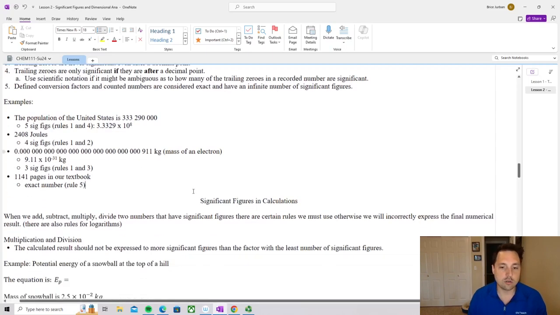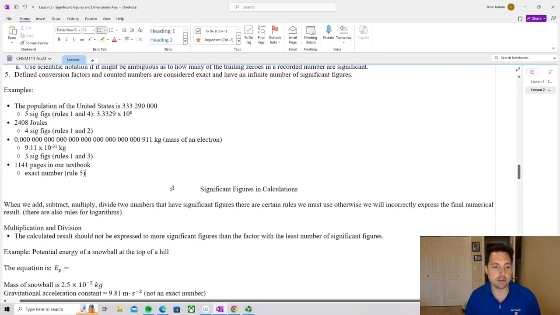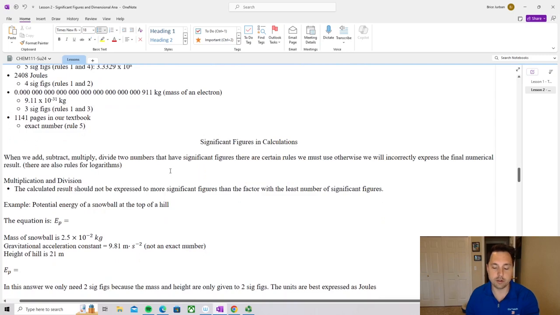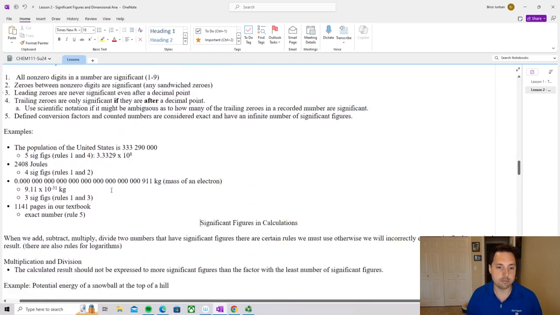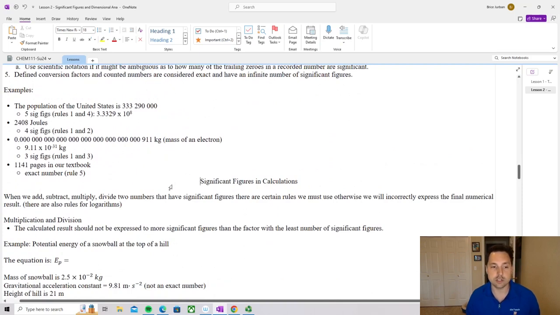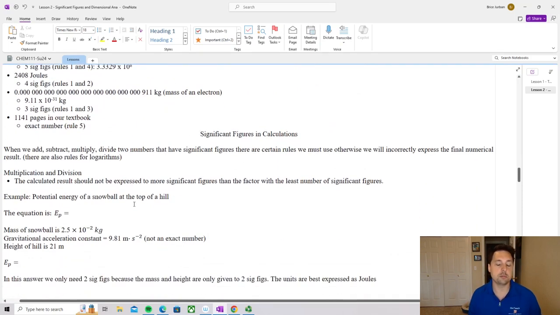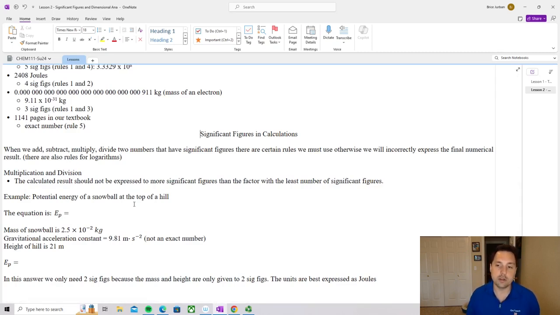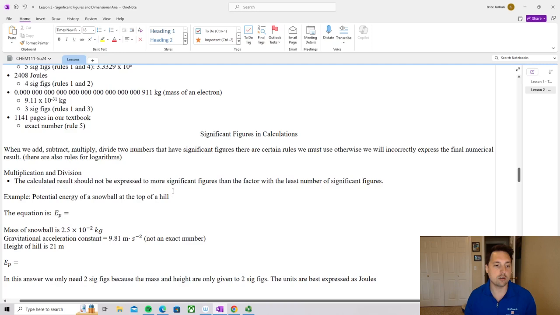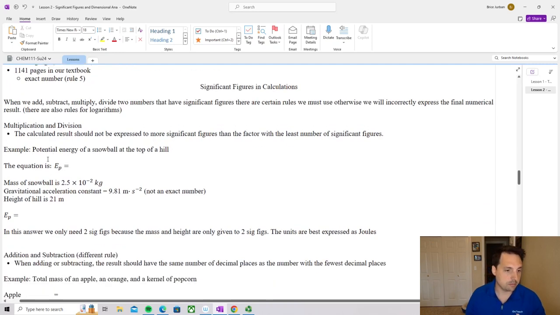All right. So knowing how to make use of significant figures is really helpful. There are also going to be rules for when we use them in calculations. So anytime we add, subtract, multiply, or divide two numbers that have sig figs, we need to make sure that we express the final numerical result correctly. Let's start with multiplication and division because it's just a little bit easier. The calculated result should not be expressed to more significant figures than the factor that has the least number of